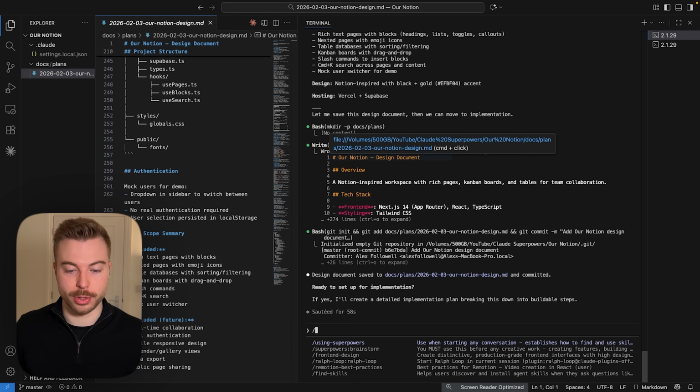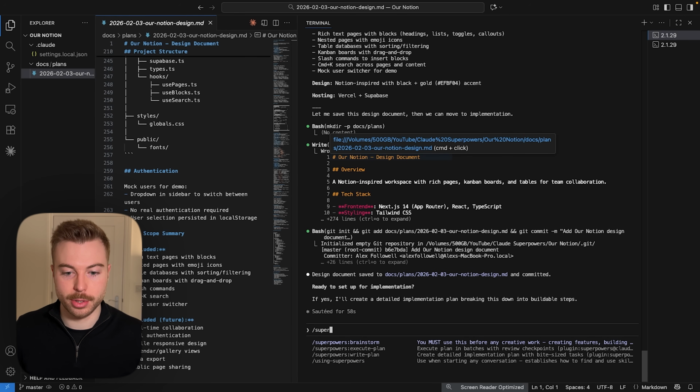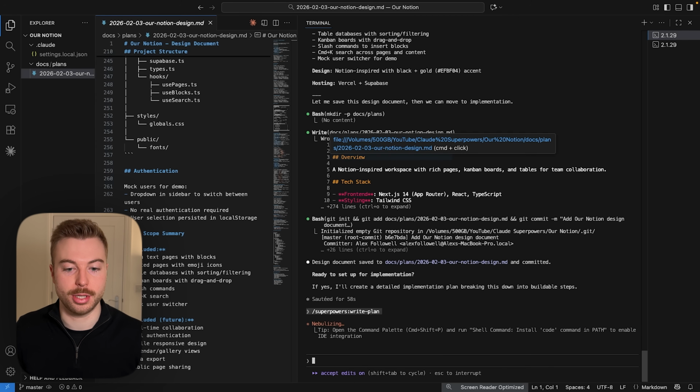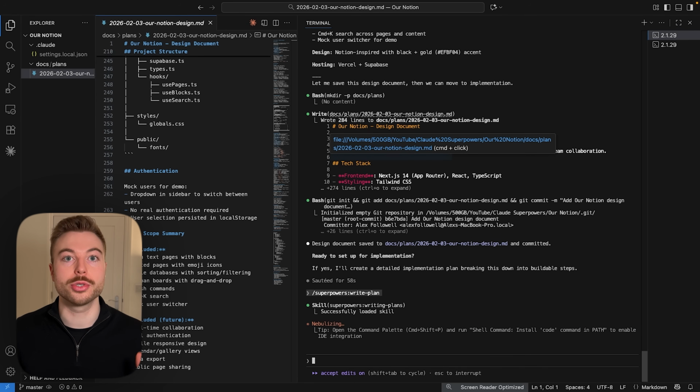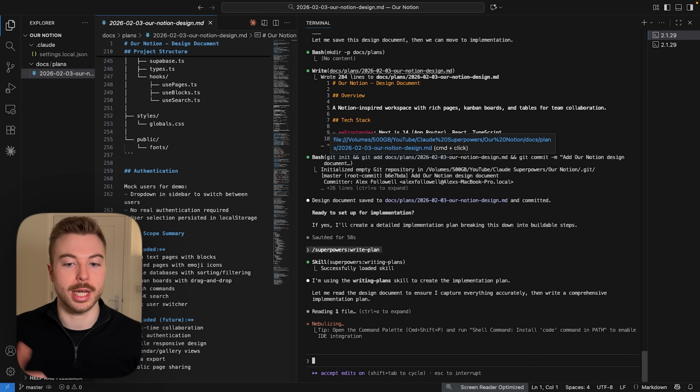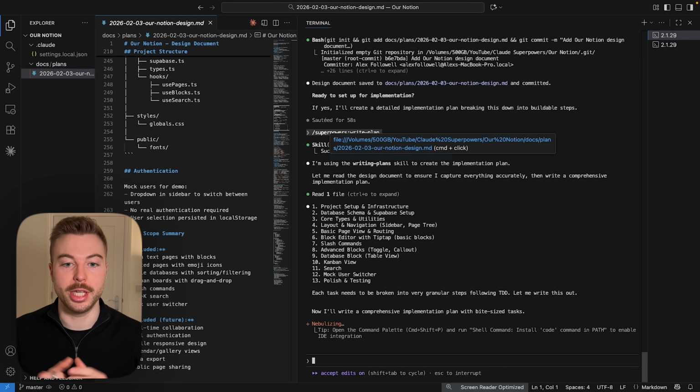We're going to type slash, then super and then powers. And now we're going to come down to actually writing a great implementation plan. So we're going to enter this in here, and this is going to help us get the best outputs possible. Of course, the reason that we're doing this and not just telling it to go through and do the implementation plan straight away is because we've got specific information within each of these skill files that help us get those